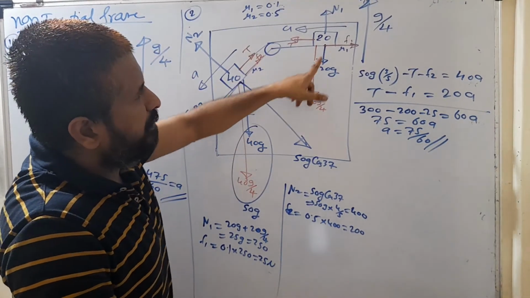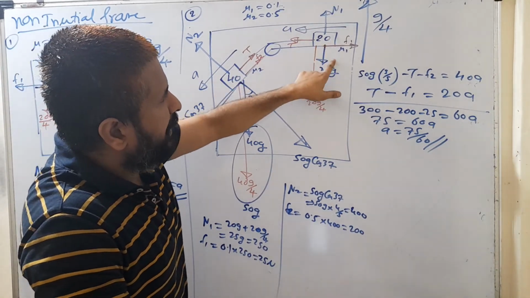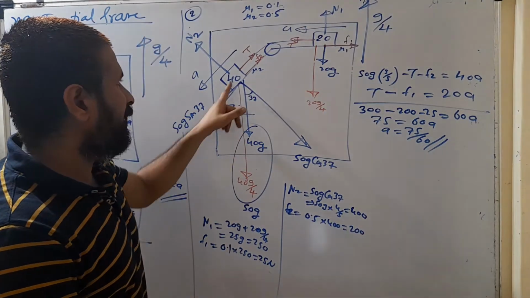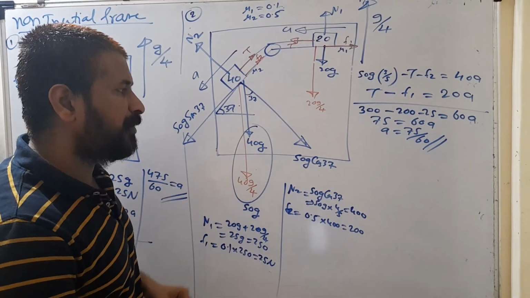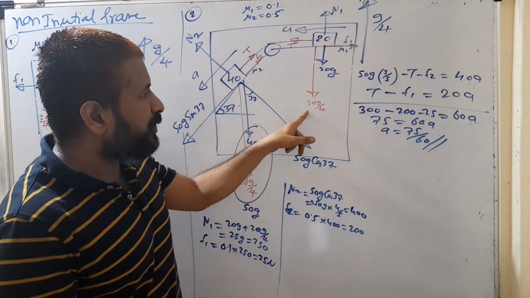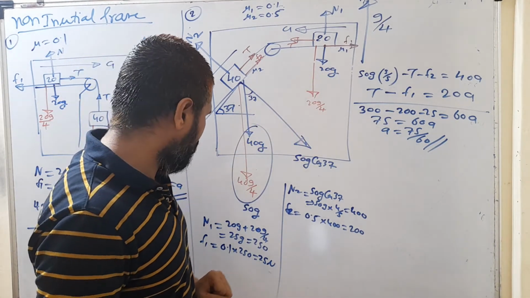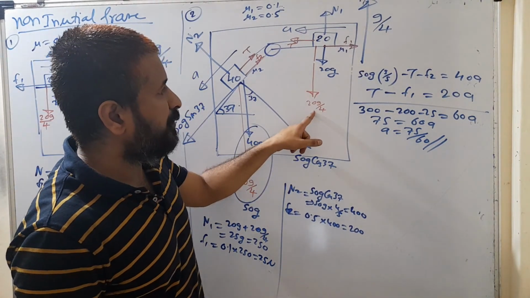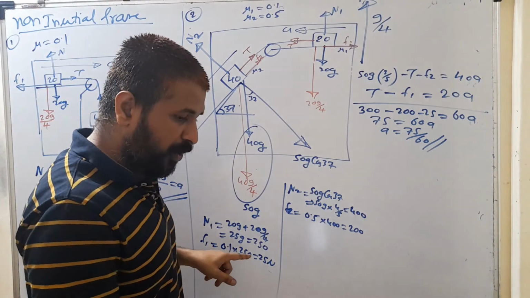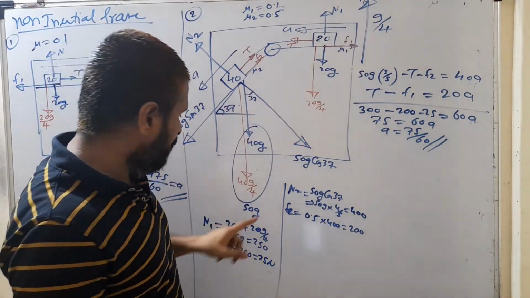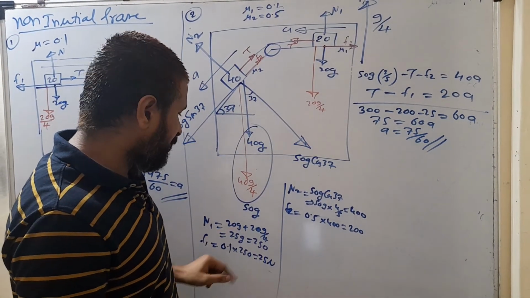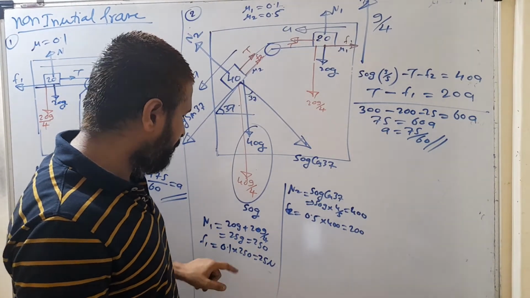Then other forces. The other forces are what? Its weight, that is 20 g, which is acting vertically downward. Here also its weight is 40 g. That force is also acting vertically downward. So this pseudo is added with its weight. So 20 g plus 20 g by 4, we are getting 30 g. Sorry, 20 g by 4 is just 5 g. So we are getting 25 g. So normal action force on this block is what? 20 g plus 20 g by 4, that is 25 g, which is 250 Newton.